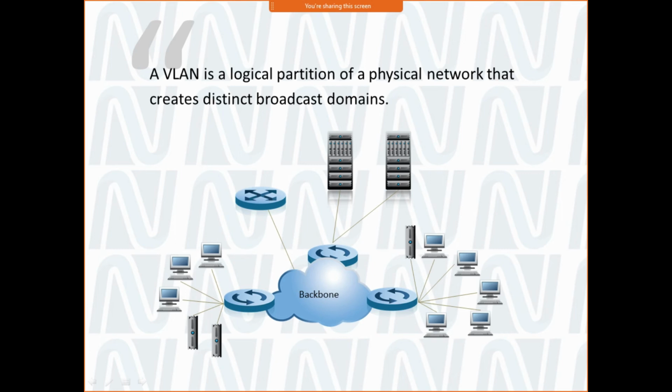So in Cisco terminology, a VLAN is used when you want to break the broadcast domain, and in F5 terminology it is the same. A VLAN, or virtual LAN, is a way of logically partitioning a physical network into different broadcast domains.